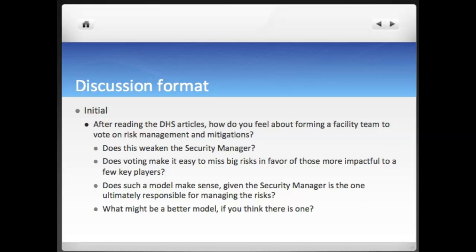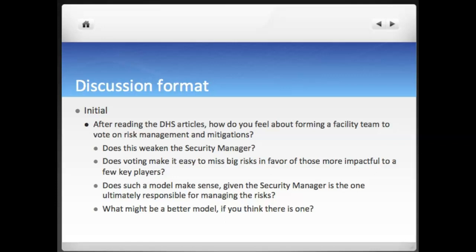Now, one of the things that I want you to note when you read the article is how they determine what risks are important. And that is done by vote. That, to me, is a vulnerability in and of itself. And I'll tell you why. If I'm the security manager and I rely more on IT than I do on HR for things, because of the typical organization I have, then I am likely to yield to the IT person's whims, right? What they want is what I want because I need them for certain things.